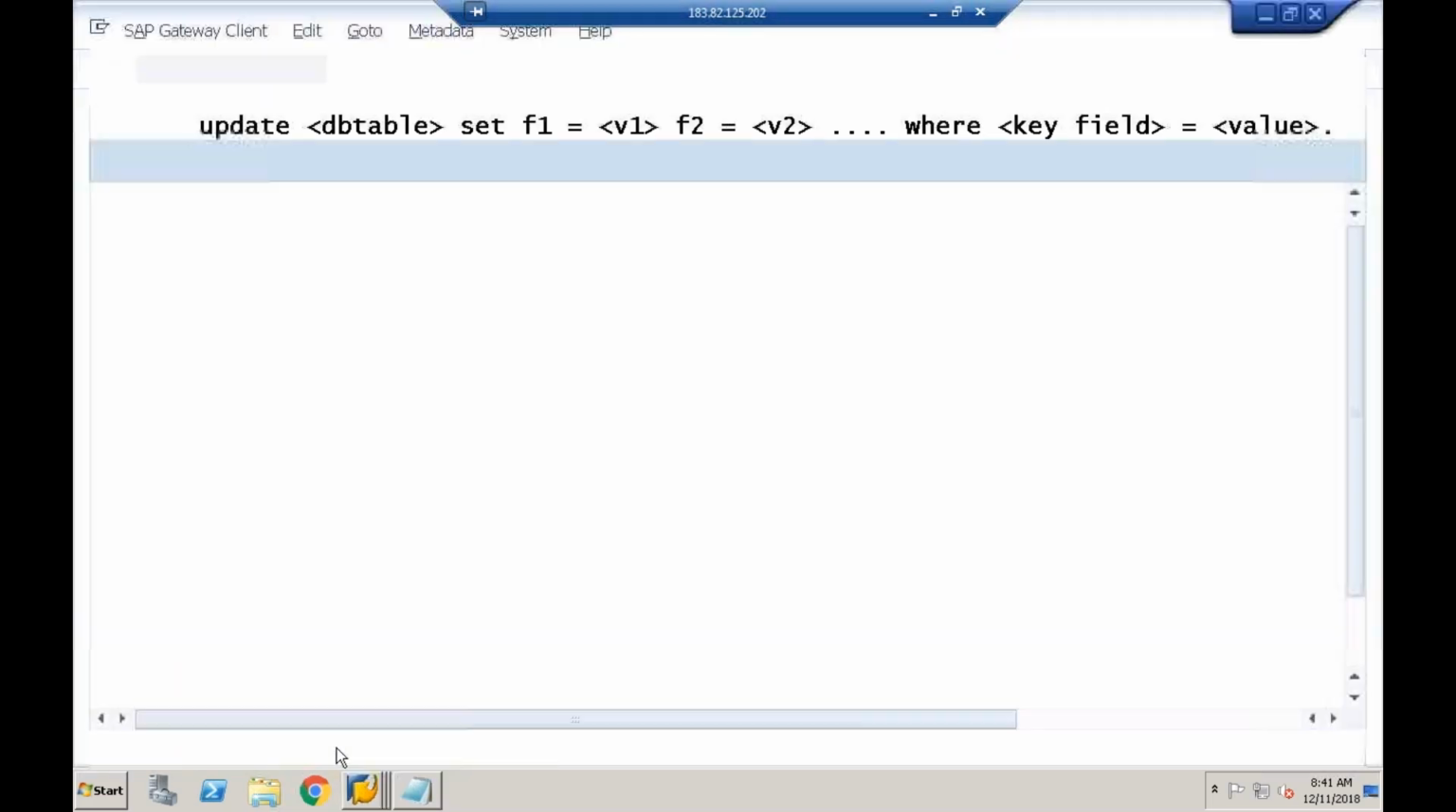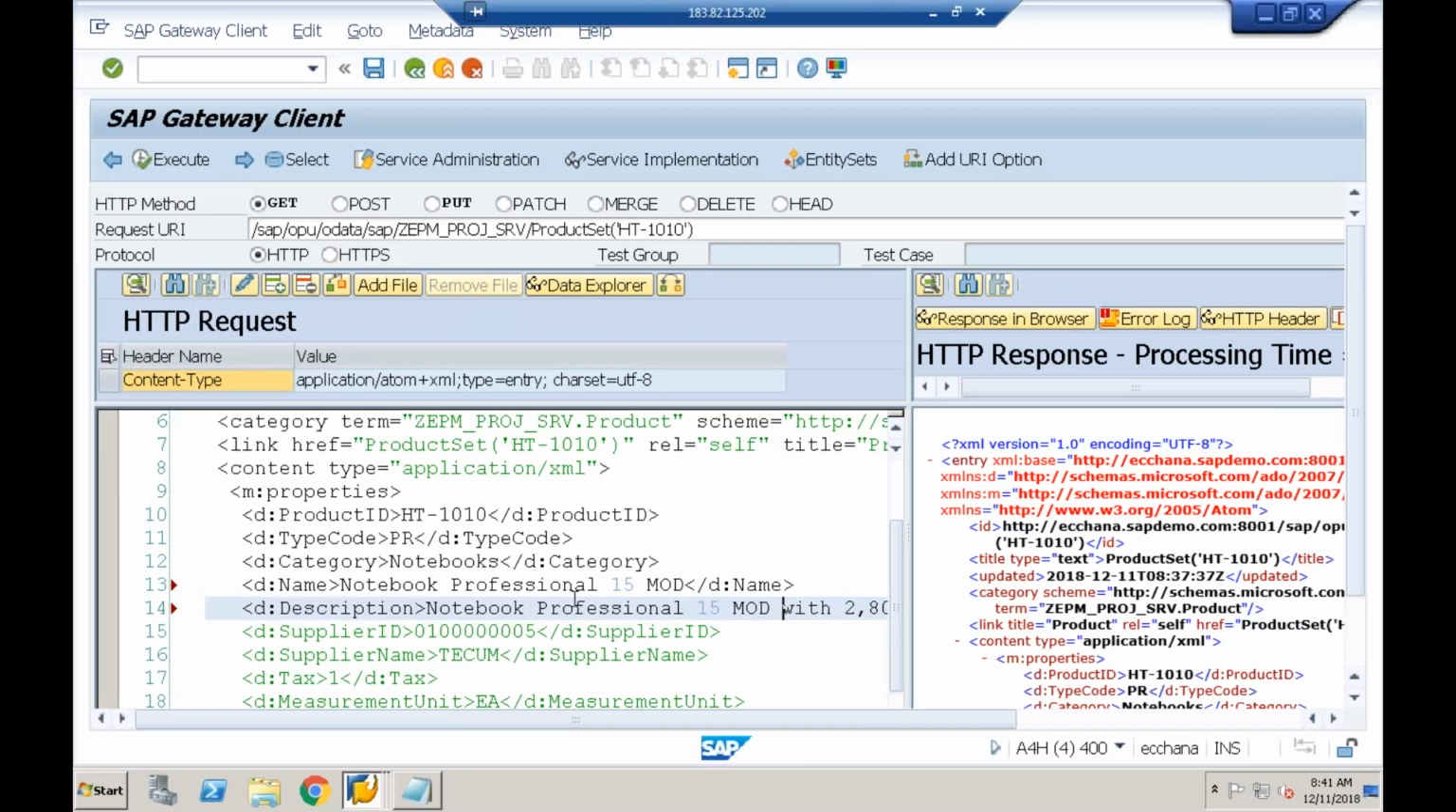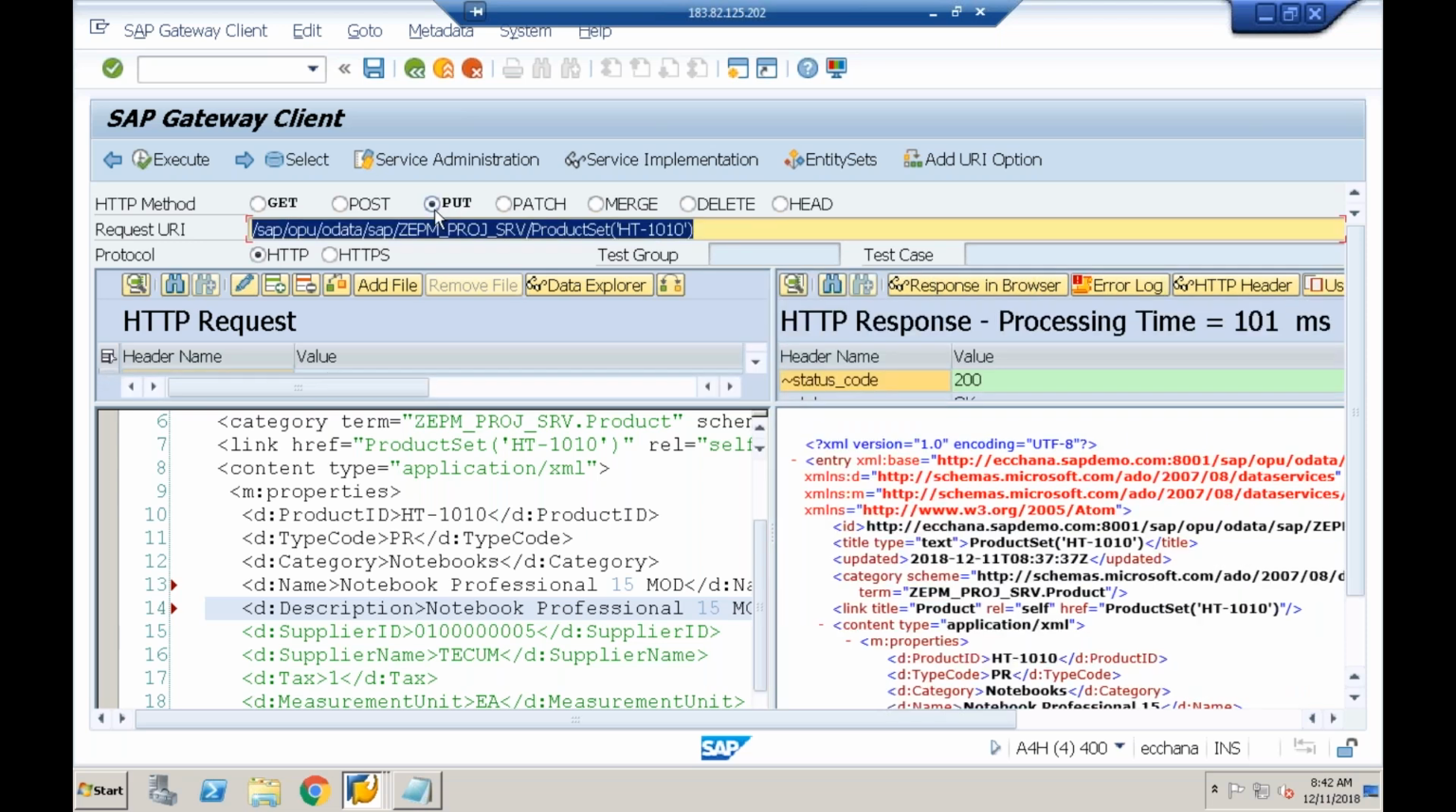Similarly, here I modified these two fields, name and description. You must pass the key field value as input in the URL, and then choose the HTTP method as PUT. Okay, done. I'll choose the PUT method here and click on Execute. So when I click on Execute,